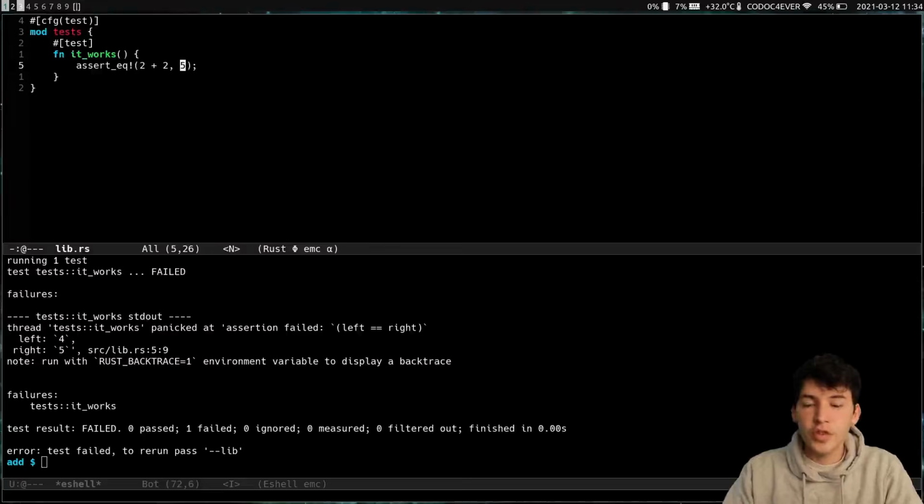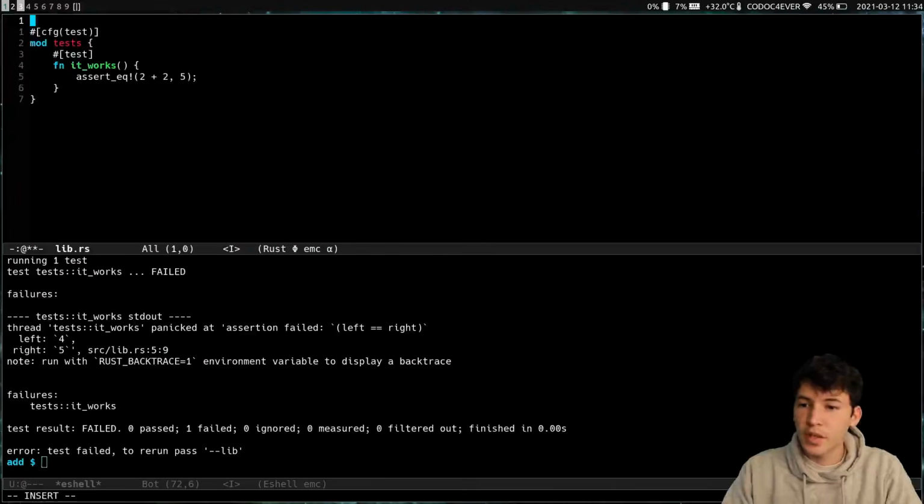So now let's do something more useful with this. Let's create the function that is asked of us. It's a function that receives 2 numbers and returns the sum of those 2 numbers.